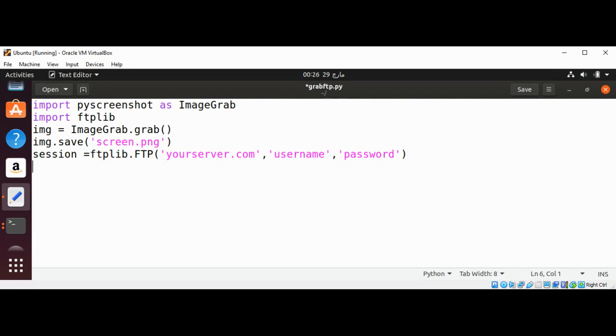And then I'm going to open the file and I will name it f, and then use the open function and pass in the name of our file that we just saved over here. That will be screen.png. Open in a read binary mode. Now we get our file over here,